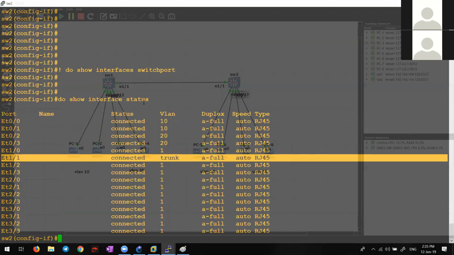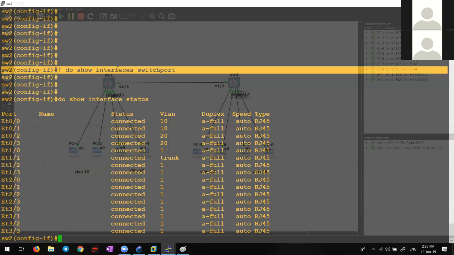Show interface status. Show interfaces switchport is to see that here.